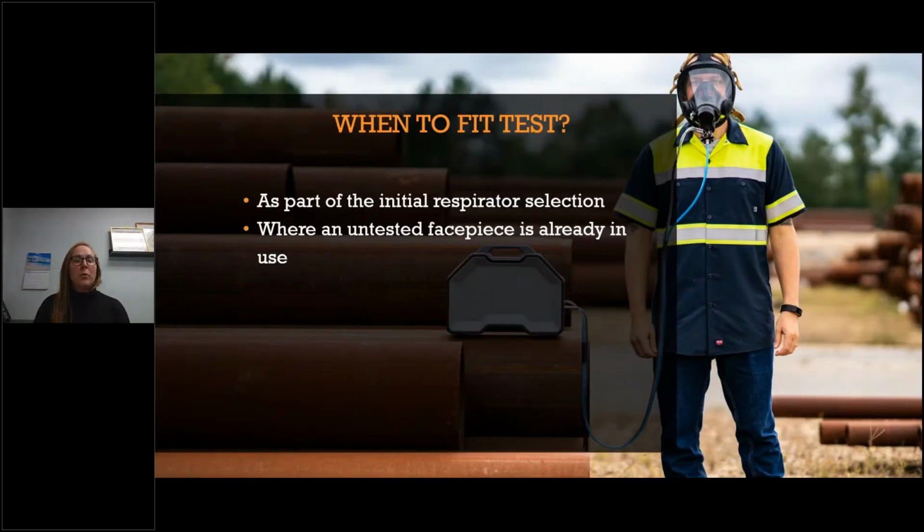So when do we perform fit testing? We want to initiate fit testing before we are even using respirators against any given hazard. And also we want to implement fit testing whenever we see or are made aware that an unfitted respirator is in use. I'm hoping that is becoming less and less common, but I think you would be surprised how often I hear about it. And also anytime we switch to a new brand or style or size of respirator,